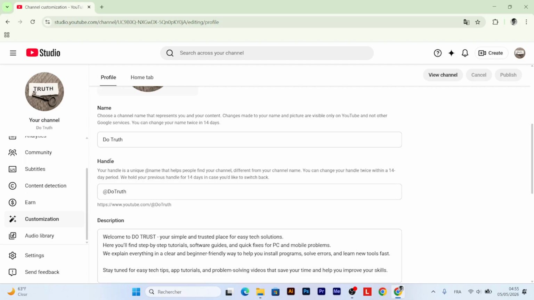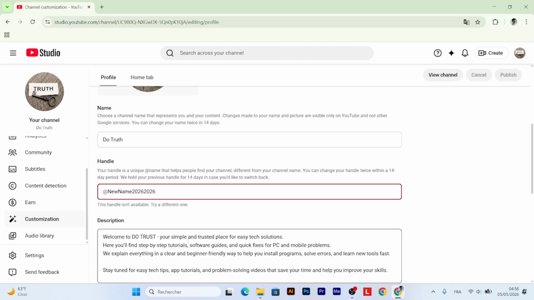Now, scroll down and you will find here a handle. A handle is like the username. Okay, just you can put here a new name, maybe 2026, maybe like this. Okay, guys, you can put what you want. Maybe do truth, like the name, do truth, maybe like this, and you can publish, and finally it will change the handle of your